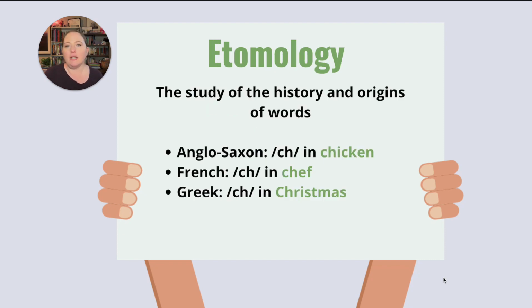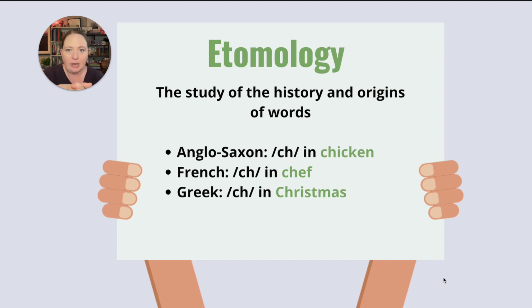Now, etymology is where we actually get into the history and the origin of the word. And for English, we are a big mix of all sorts of different influences. We have that fairly heavy Anglo-Saxon layer, but then we have some Greek and Latin in there. We're pulling in a little bit of French, a little bit of Spanish. I mean, pulling in lots of different words from different origins, and then taking on those rules for those languages, right? So, for example,